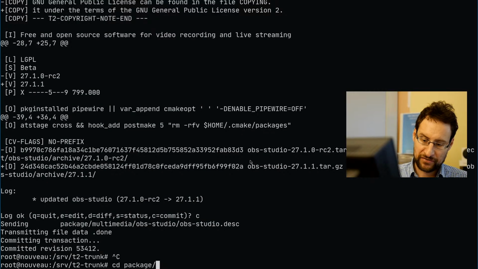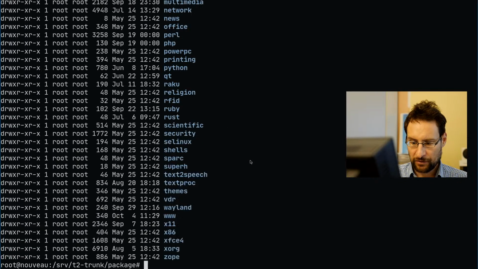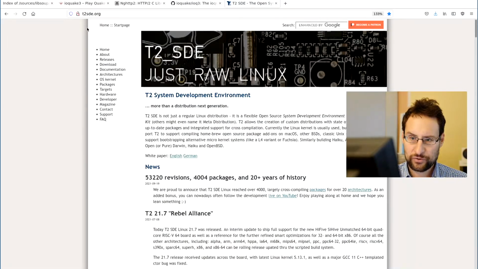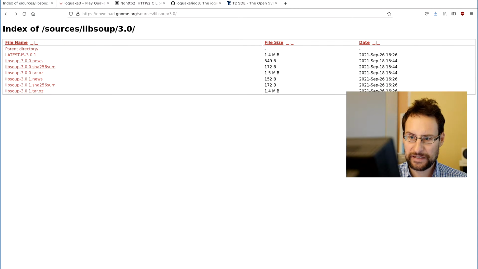T2 has these packages here in the script T2 sources package, sorted in repositories. This is just some sorting, it doesn't have any functionality. It's just for human sorting, so as not to have 4,000 files or directories in one directory, like Rust and www and stuff. So what I wanted to add quickly, besides IOQuake, but they don't really have releases,